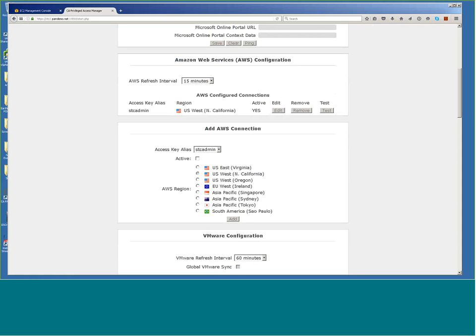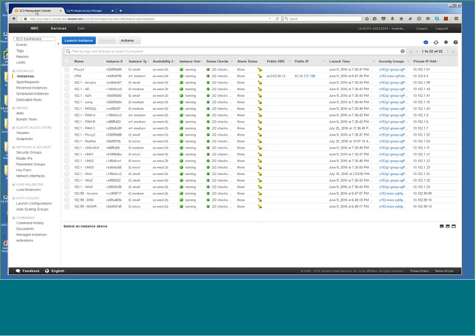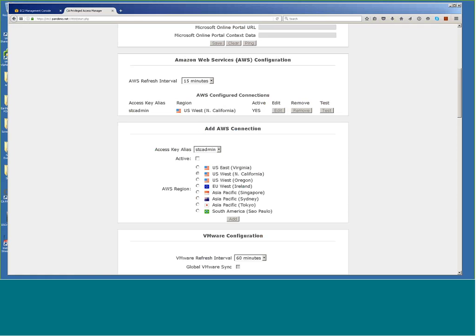You see I have a refresh interval here. So if I did go in and launch a new instance here in AWS, in this region, I've got the AWS refresh interval set for 15 minutes. So within 15 minutes, PAM's going to refresh and automatically pull in that new instance. There's multiple tags. We can work with the AWS tags, so you can pre-name and do some pre-policies for that based on tags. And you can also do multiple AWS environments.